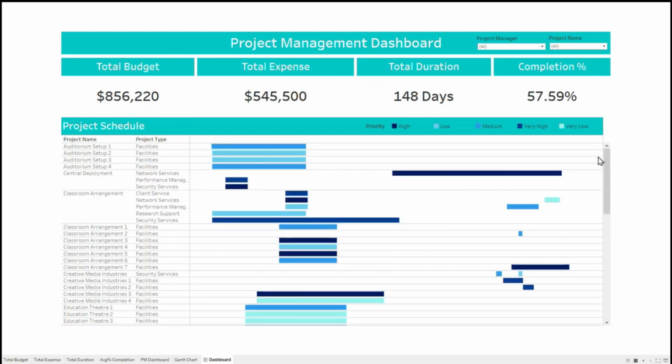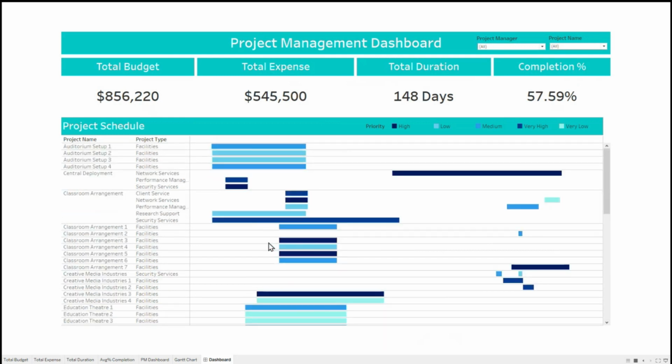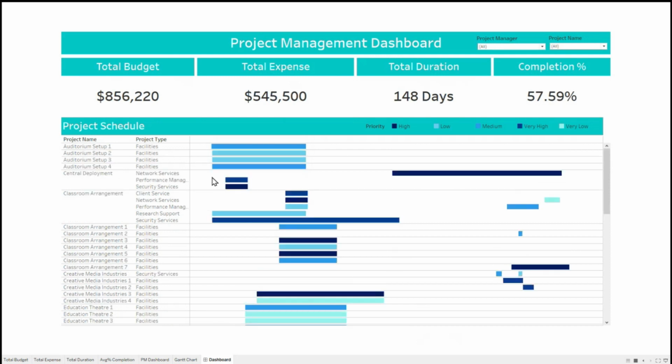If I scroll down, we have a scroll bar here. Scrolling down, I get all the projects which are a part of this whole project program. If I don't select anything, it's giving me the status of all the projects involved. The total budget is 856,000. Currently expensed is 545,000. And here is the average total duration and completion rate and so on. On top of this,